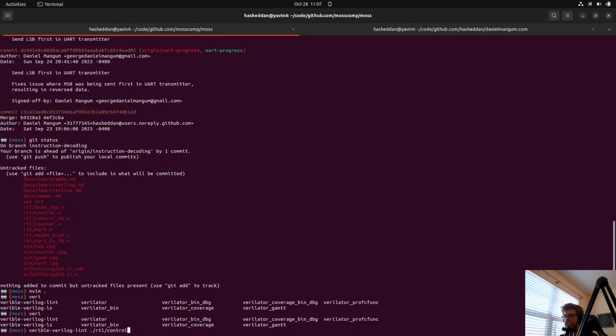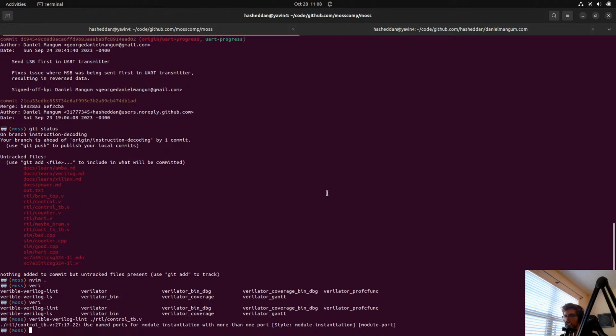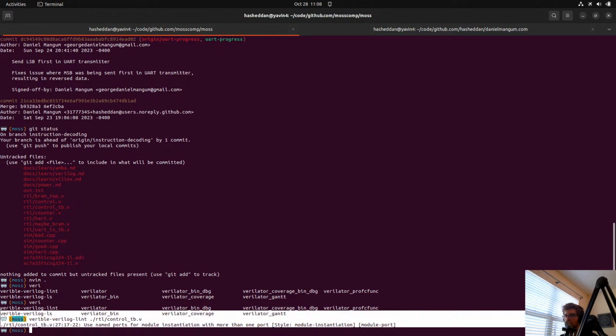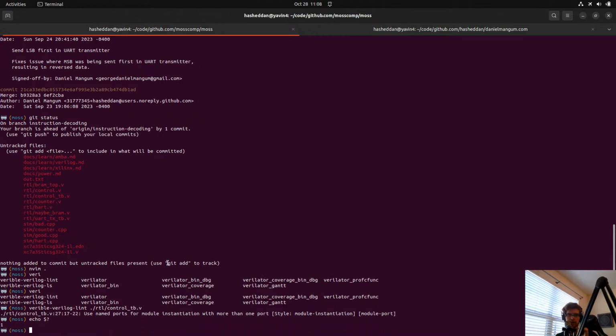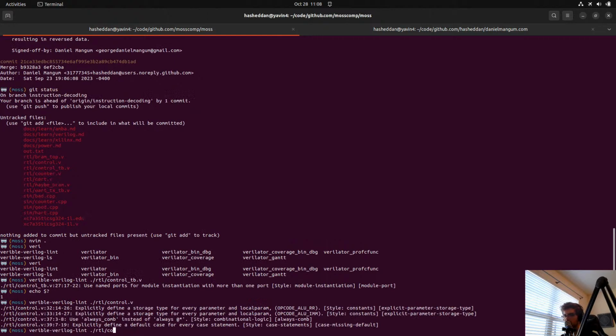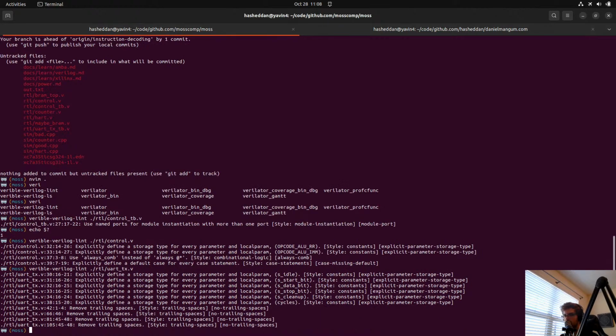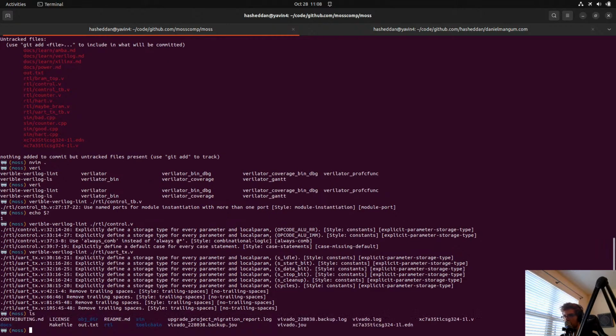Let's take our control test bench, and you can see we have a linter error there, and it should give us an error code. Let's just show doing one that doesn't have any. I think control, nope, control is not good. Let's say UART TX. It's not honoring my variable rules here. I can't remember exactly.